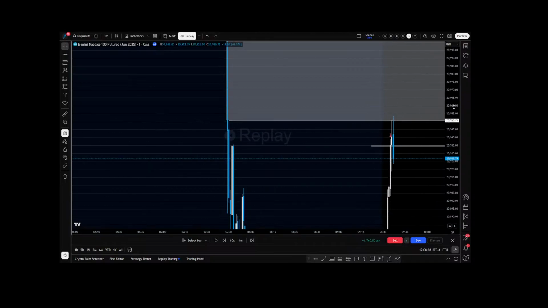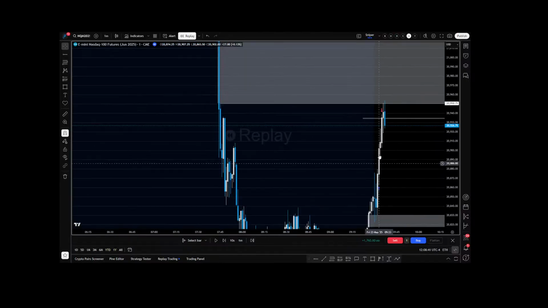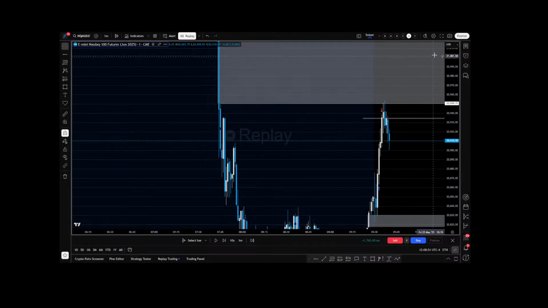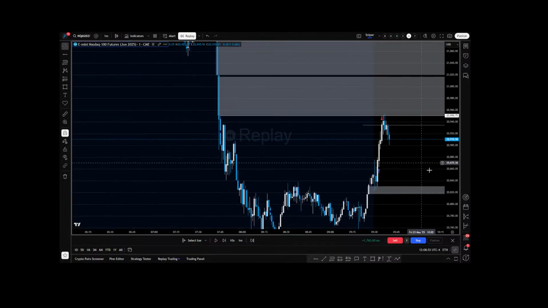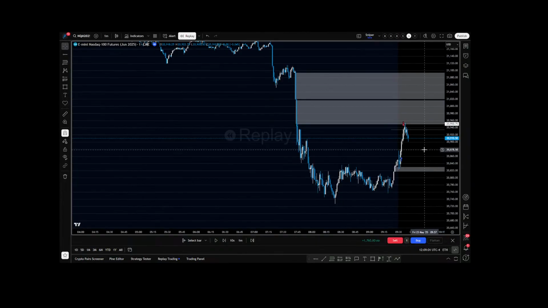This was a short I did take on Friday after, as ICT would say, a terminus engagement, right? Just meaning our draw was engaged. We get that short, we have fresh 1 minute fair value gap in there, and then this plays out a little bit. Right, so that short took profit. That's an example of using your draw both ways. We get a setup towards the draw, and then we get a setup after a rejection, right? Context and narrative. So that's where I'll stop for today.